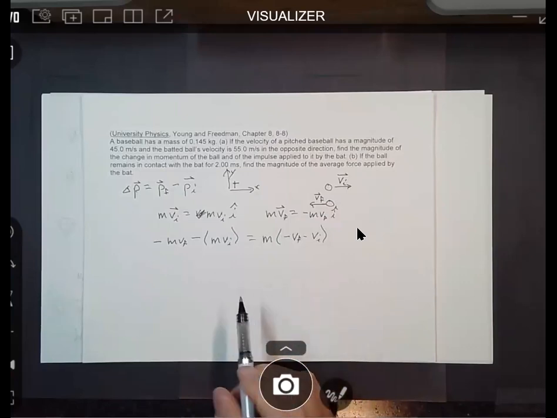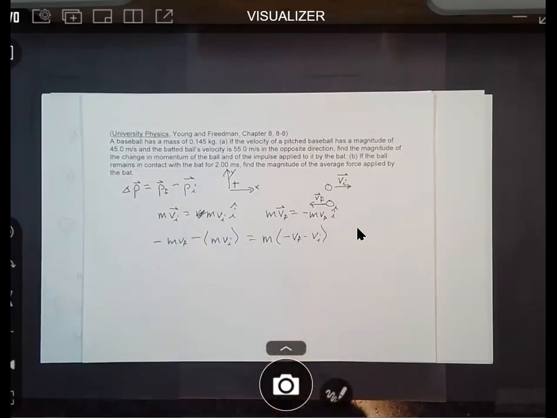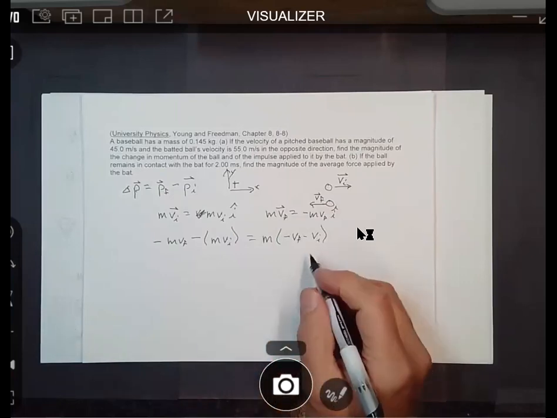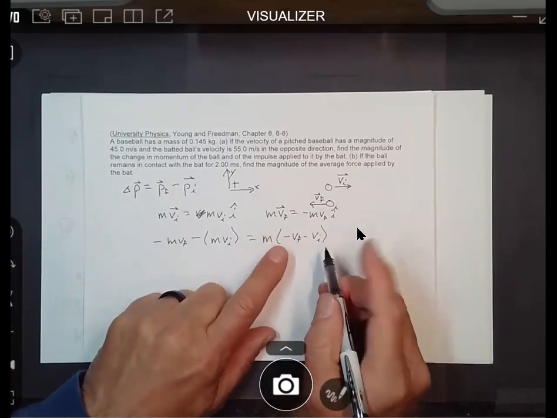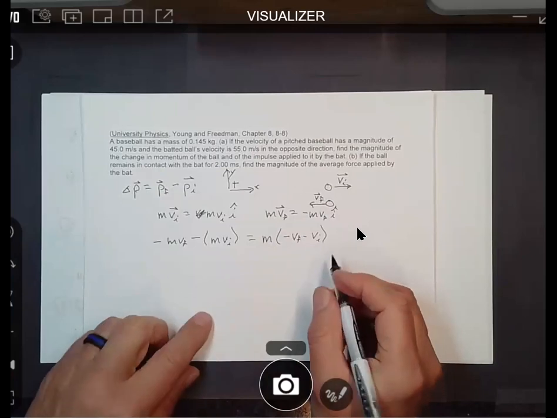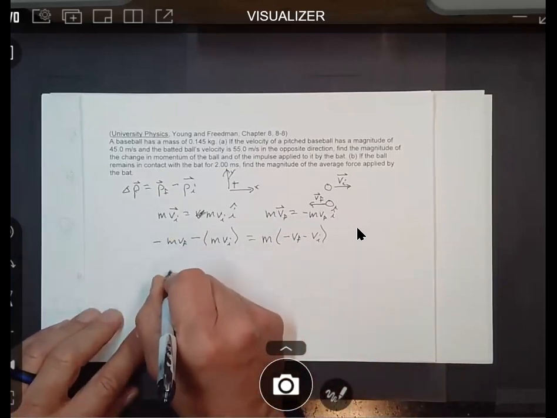Let's see, did I get that right? I think I did. v final minus v initial. That should work. So, yeah, I want to be careful with this. Anyway, the delta p will end up equaling